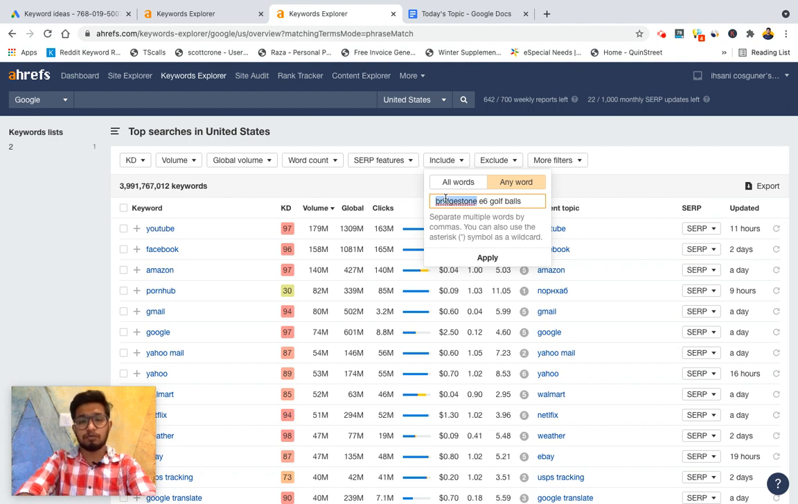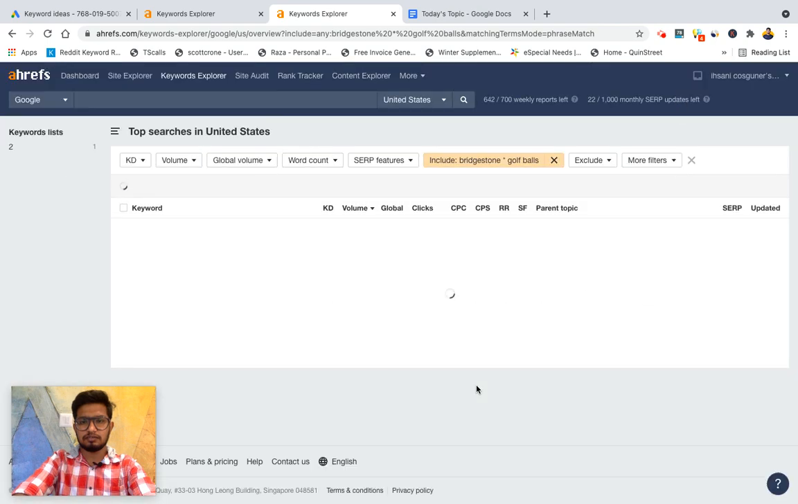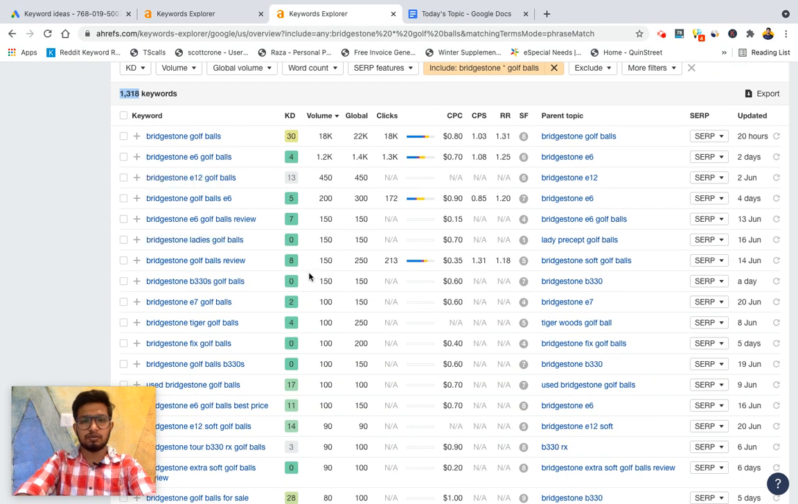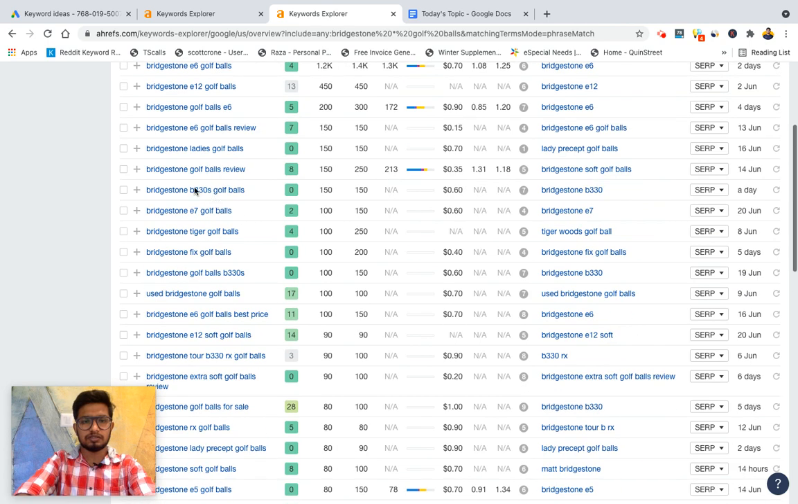Now to find more golf ball products of Bridgestone, what we can do is remove E6 and put just a star here like this, an asterisk symbol, and hit apply. Now let's see what we'll get. Now you see we got 1300 keywords for more sub keywords of the brand like Bridgestone ladies golf balls, Bridgestone